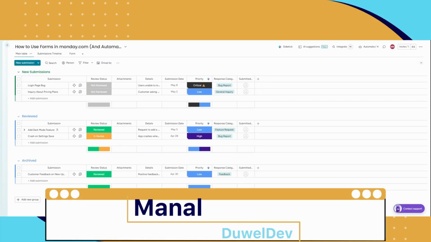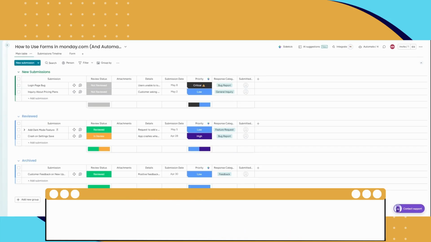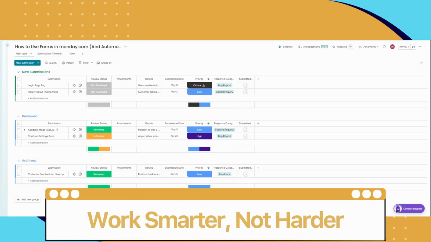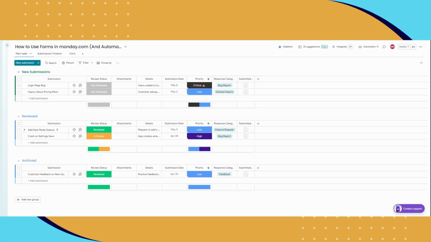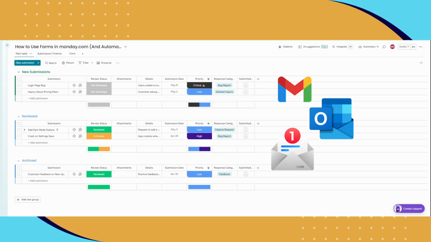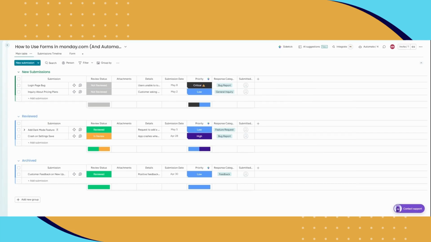We help businesses, government contractors, and NGOs work smarter, not harder, especially in compliance heavy environments using software and process automation. And one of the biggest problems I see is teams collecting requests through emails, messages, or spreadsheets. And then someone has to manually enter all of that into a system. That takes time and things get missed. So instead, I'm going to show you how to use forms in Monday.com to automatically capture submissions and send them